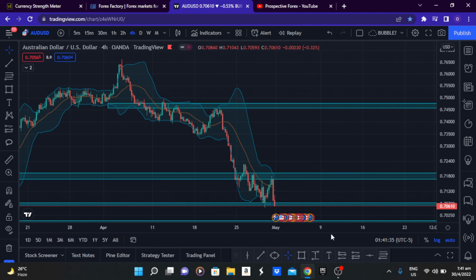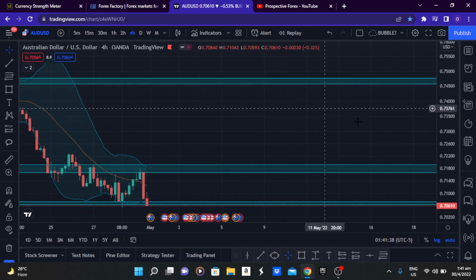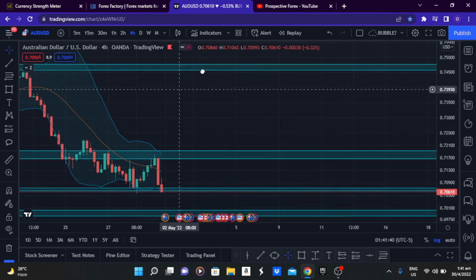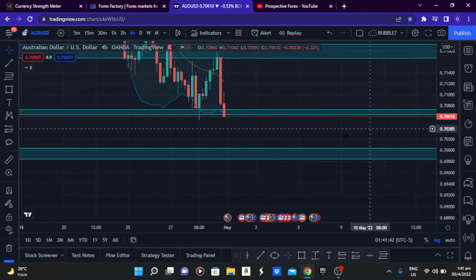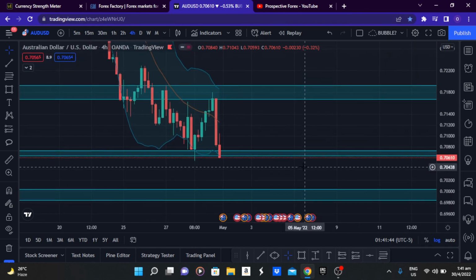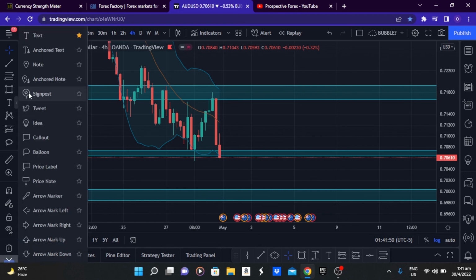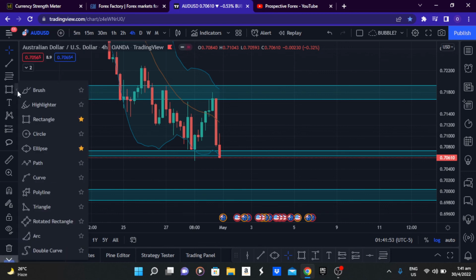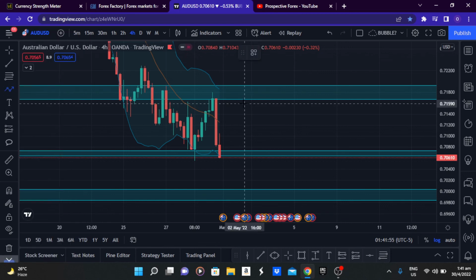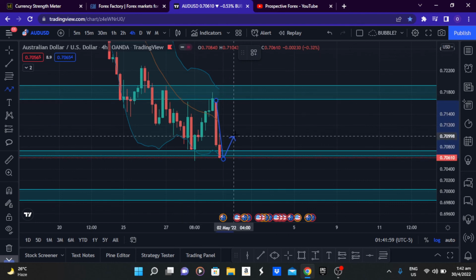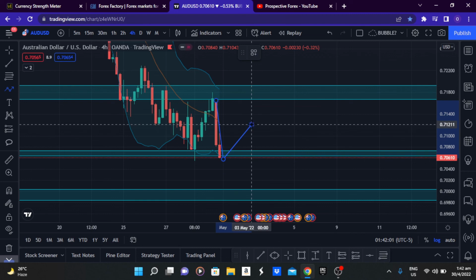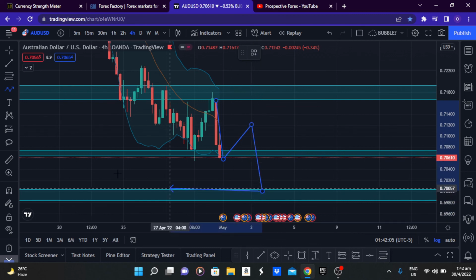Let me just get this adjusted here for you. All right, there we go, much better. So price can retrace here to around this level right here and go down,